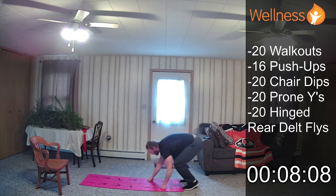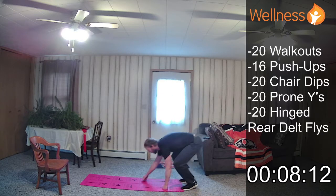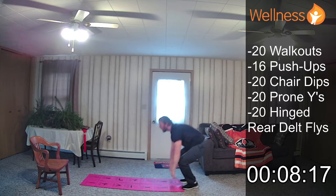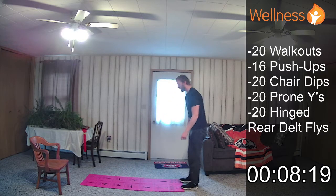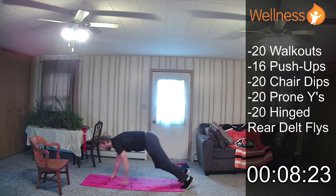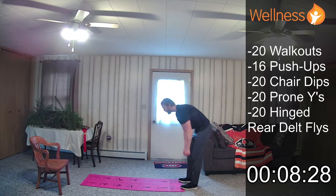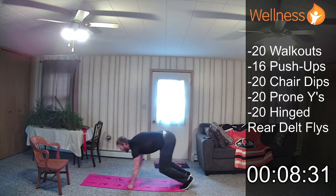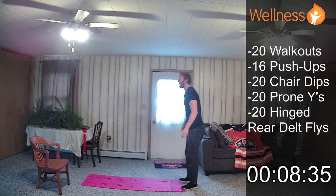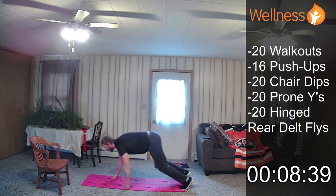The only reason I didn't do more than 10 of these at the start is just to really break these up for myself. I know they're challenging. I could probably do 20 at once. But the walkout uses every muscle in all of the other exercises, so I don't want to tire myself out too much before doing all those other exercises. As much as I'd like to get these out of the way,